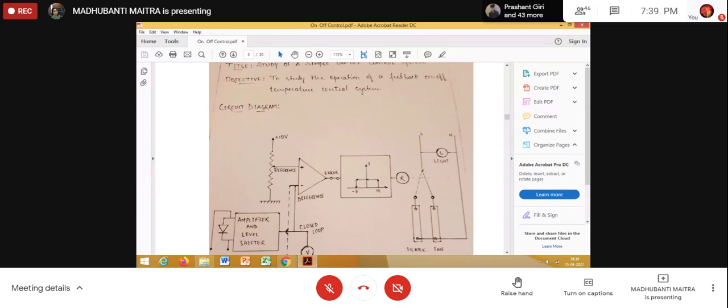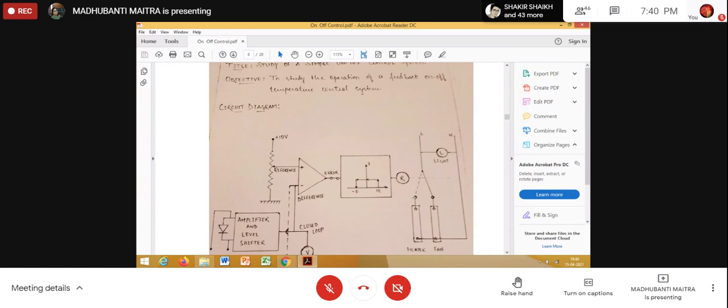Hence, this movable link, or I can say the armature of the electromagnetic relay, will now be attracted, and now this particular contact, the NO contact, will be made. Am I clear? So the fan is cut off from the circuit, and the heater is now in the circuit, right? So temperature will go on increasing.